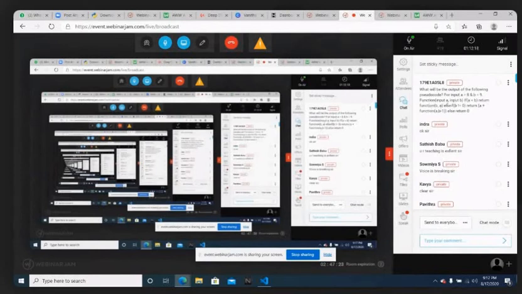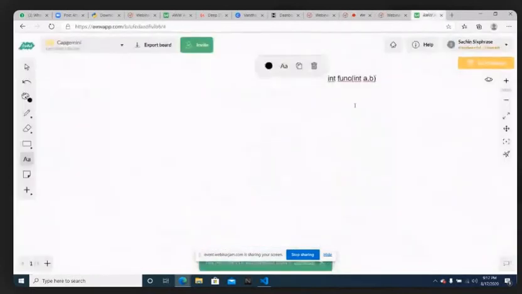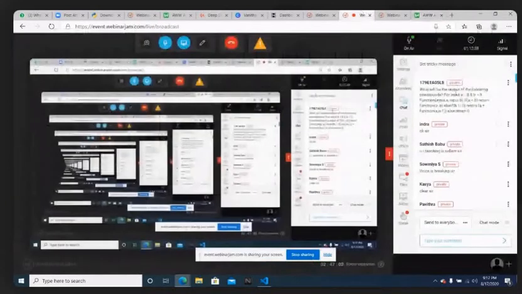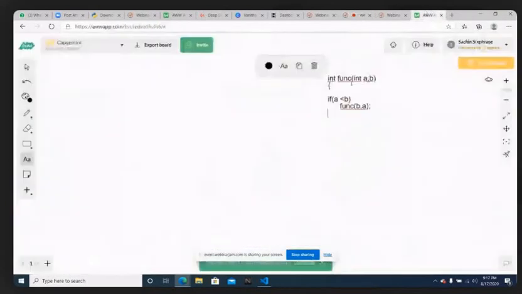Okay, so I'll just take the same code. We are taking a function with input a comma b. If a less than b, we are making a recursive call func of b comma a. Okay, fine. Next, what's the next condition? Next condition is else if b not equal to 0. If this condition is true, what is the next recursive call?